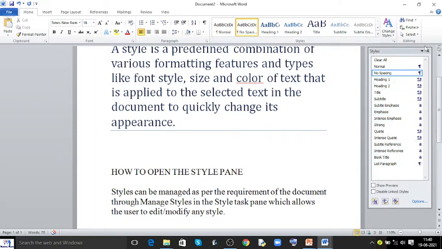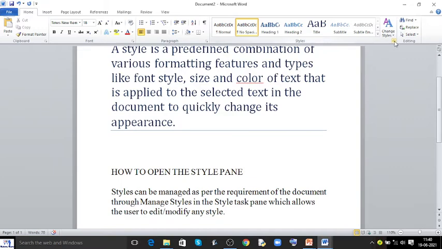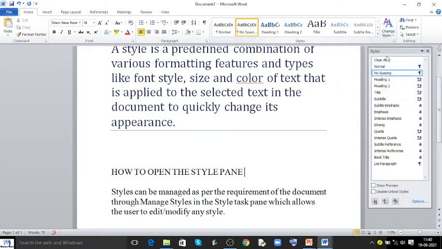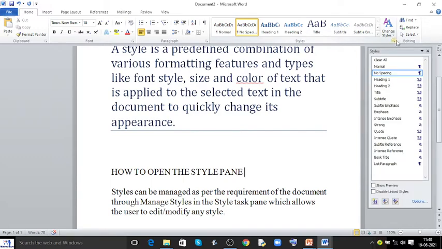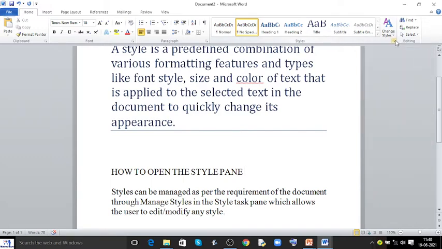Okay. I am going to show you one more time. In the style group, at the bottom side, you will get the small arrow. As soon as you click, the style pane will open. Here the shortcut key is also written. What is the shortcut key to open the style pane?